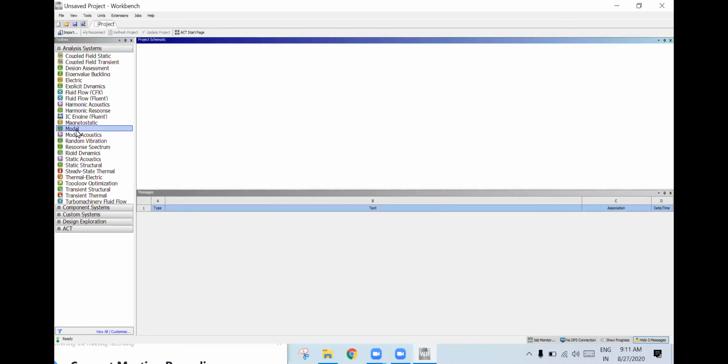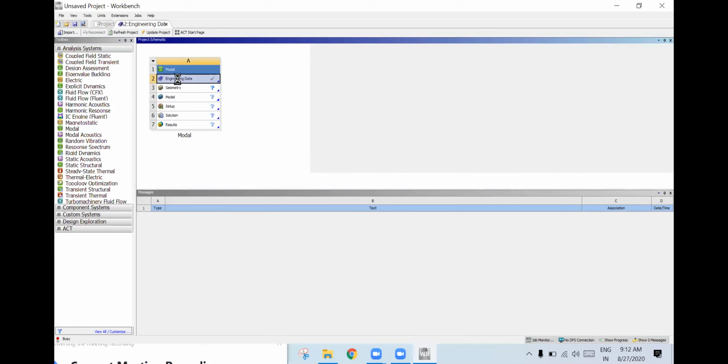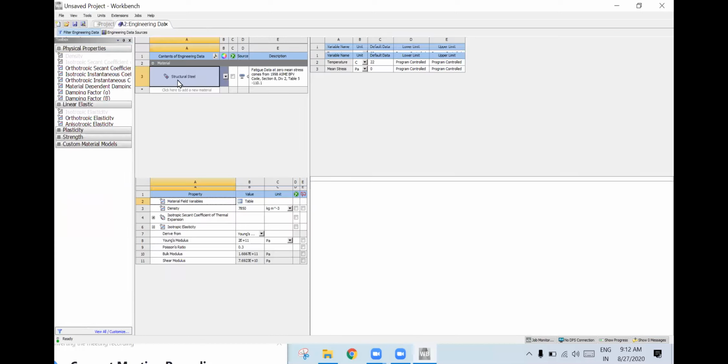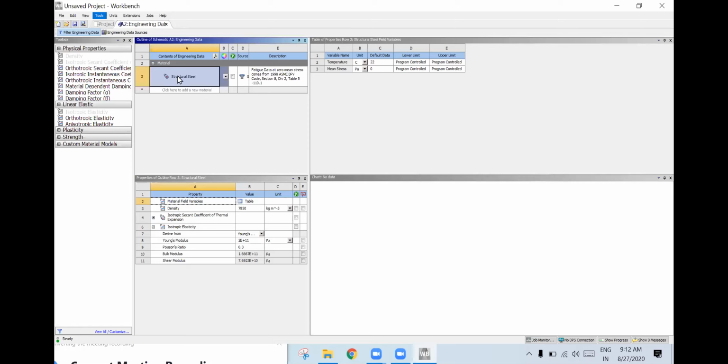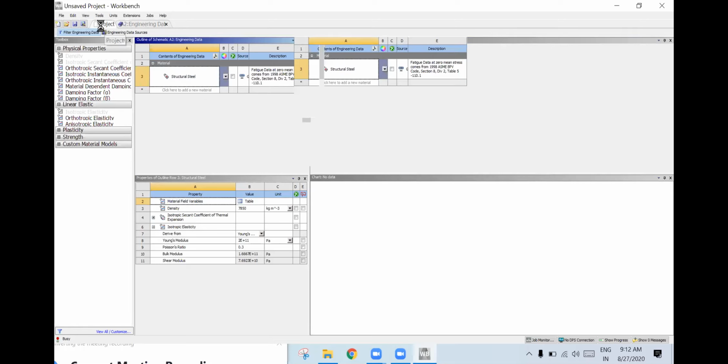Same procedure: go to model and drag it here, and you can change the name of the model or the analysis type. Then enter the engineering data by double clicking it. If you want to give any other material, you can give it. Again, click on project.